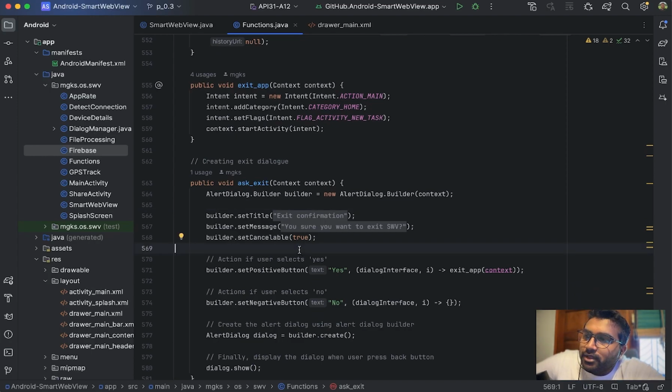Then there's ask exit. It is a permission variable. Exit app is something where, suppose something fails within your app, or there's something you want to perform from your server end, there is an exit routine that you can do with the exit app. And ask exit is something where, suppose the user is going back again and again, and comes to a point where there is no more history